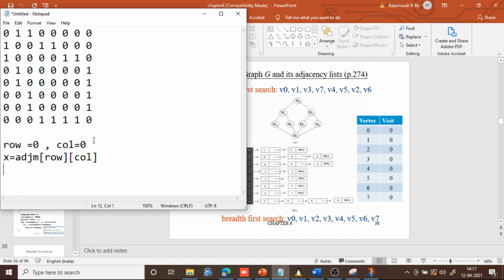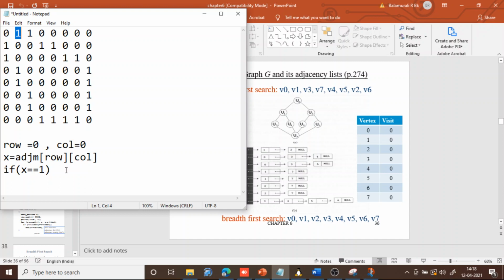So if x is not equal to 1, you just keep incrementing the column. If x is 1, then you have to check in the visit array whether it is visited or not. If it is not visited, visit it and push it into the stack.